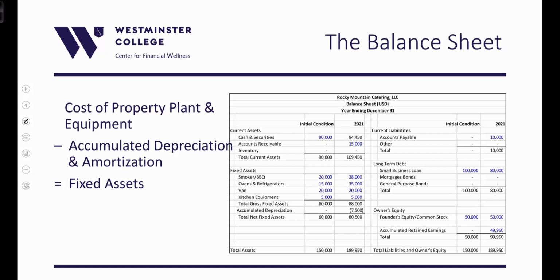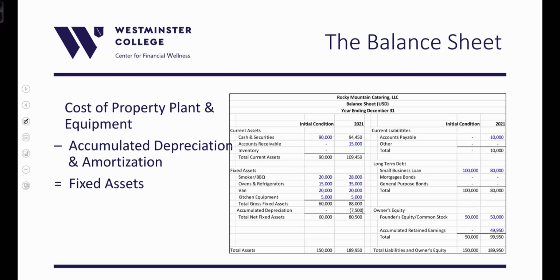And the fixed assets will be the cost of any property, plant, and equipment that we use for the business's operations. And we carry them on the balance sheet at a net basis. By that I mean we place them on the balance sheet for the dollar amount that they cost us, and we then subtract any accumulated depreciation to get to a net fixed asset. Again, we're looking at the initial condition here at first, but let's take a look at what happened in 2021